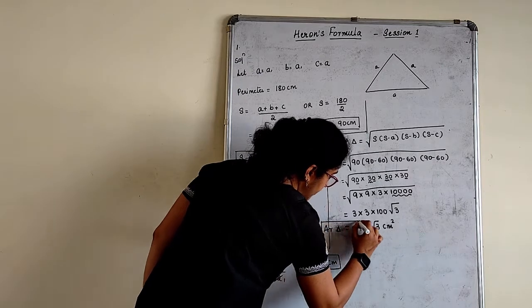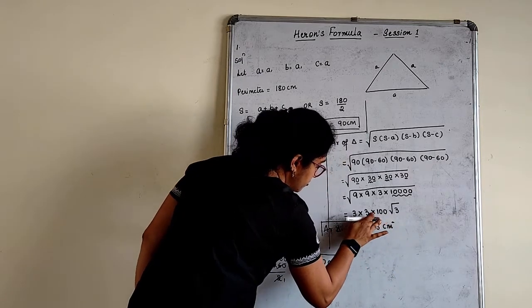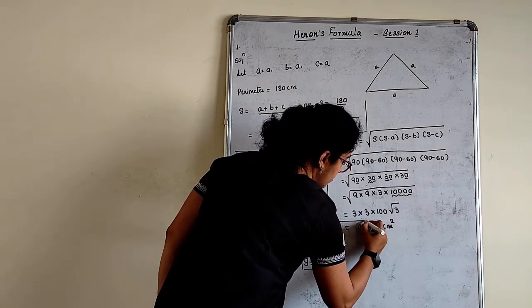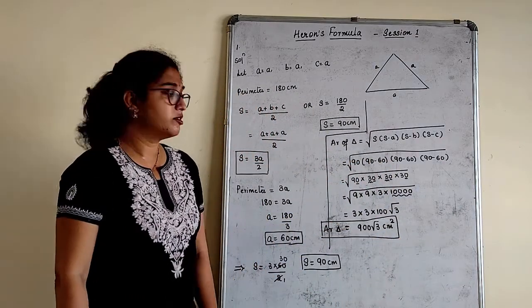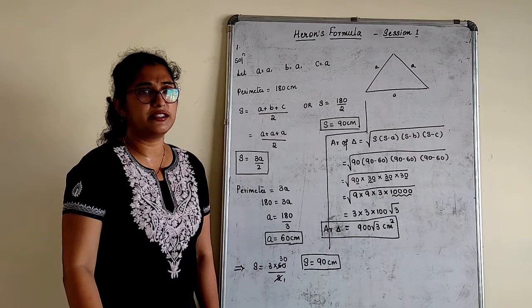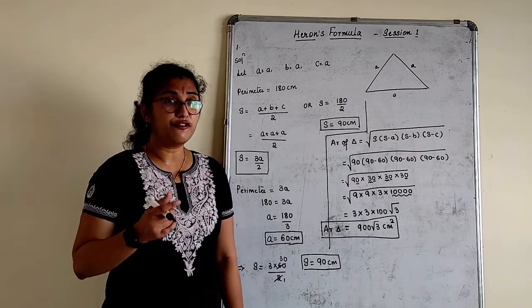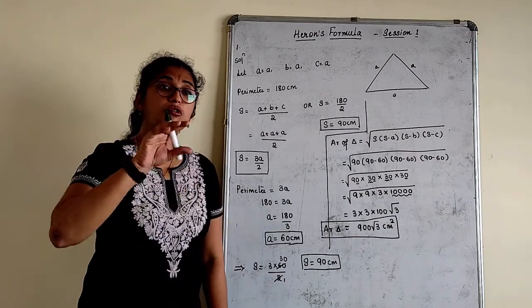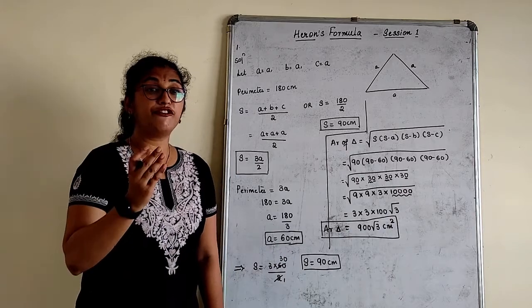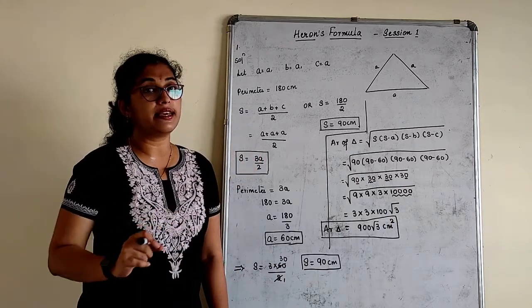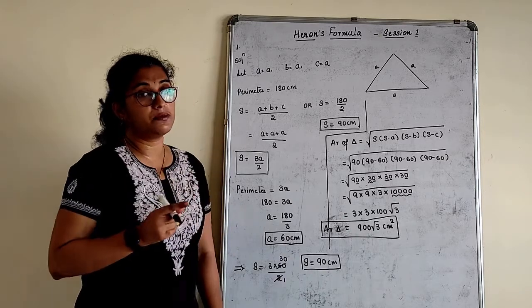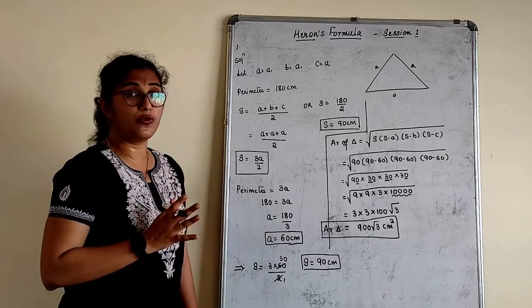Area of triangle. This is how you write. Root 3 should be kept as it is, children. Answer to be kept as it is. In very few questions they will give you the value of root 3. If they give you only, then substitute. Otherwise, do not do anything extra here. Keep it this much only. Very clear? This is how we solve it.